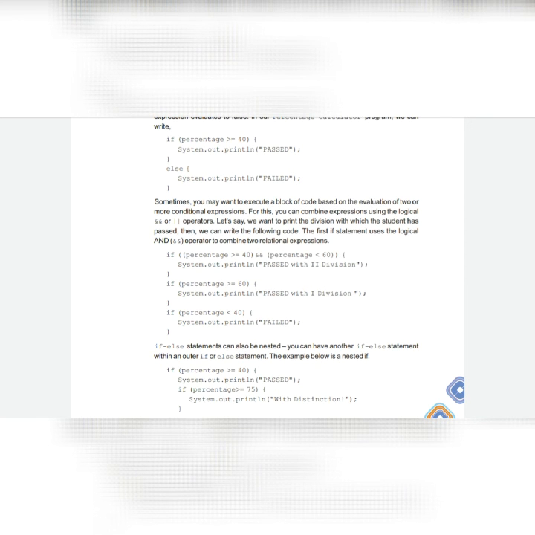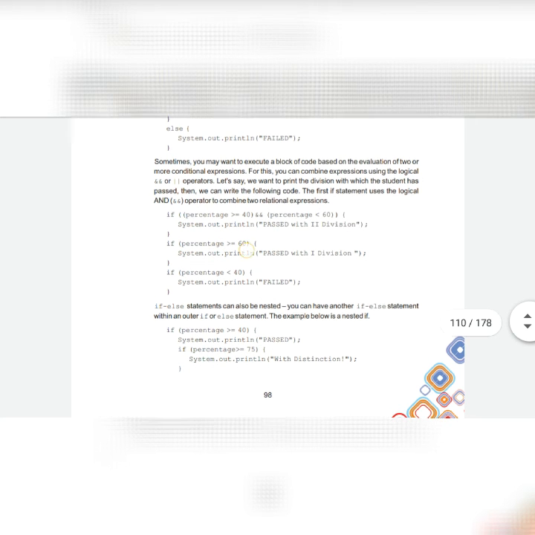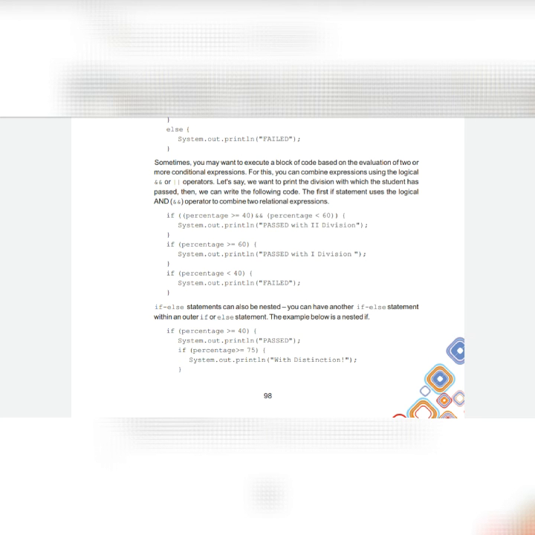So we will get the output that passed with second division. Okay, now next is if percentage greater than equals to 60. It means like if someone is having percentage 70, then in that case we will get the output that passed with first division.